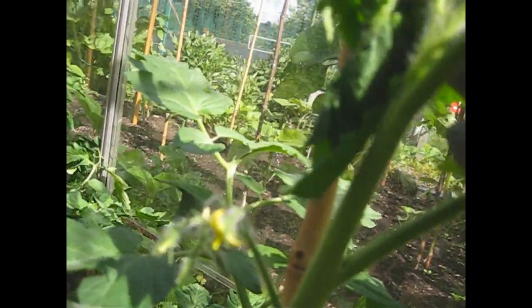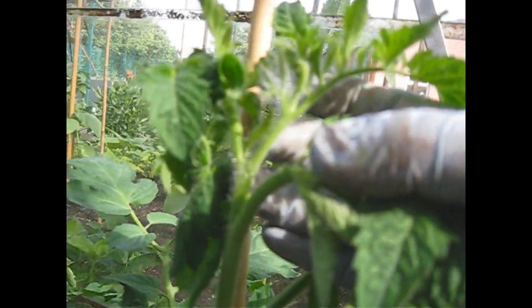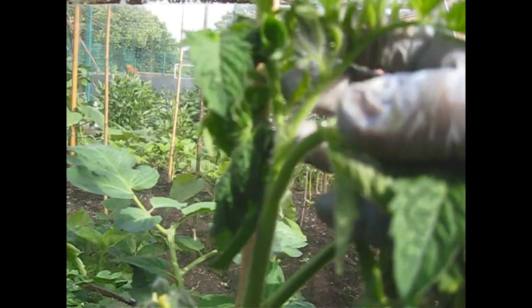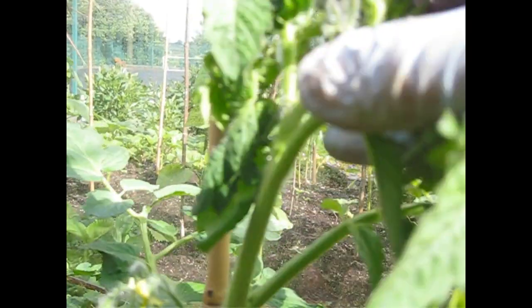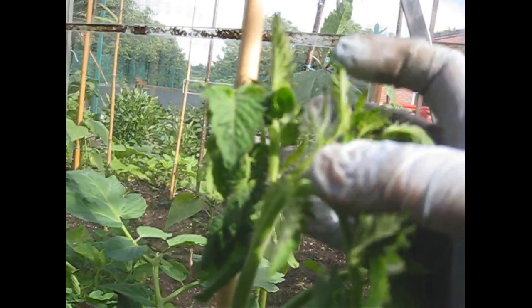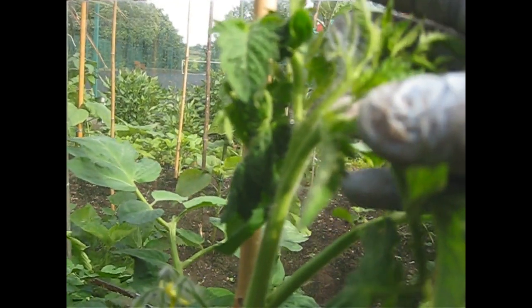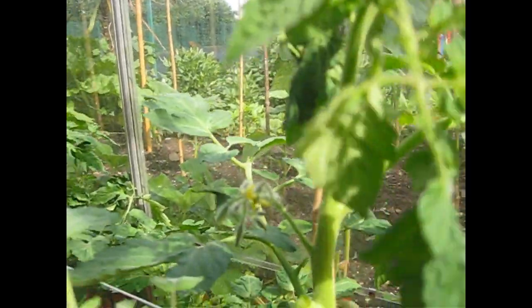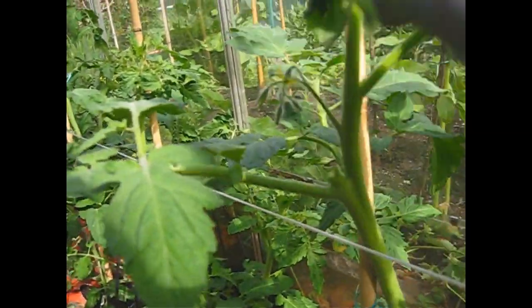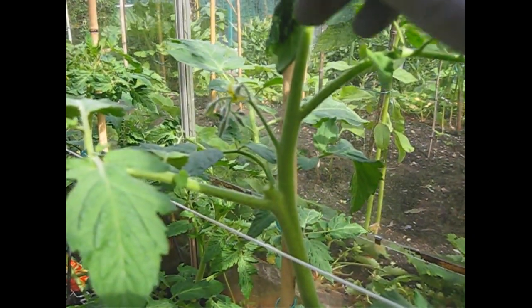There we are, you can see one just coming there. See that little fella there, just by my finger. You've got to make sure you don't confuse side shoots with the flowering shoots. So just above that you can see a cluster of flowers there. We don't want to be taking those out. So if in doubt, leave it a bit longer, like I left that shoot there, until you're absolutely sure you're not taking off a flower shoot, but you're taking off a side shoot, and then you'll have lots of lovely